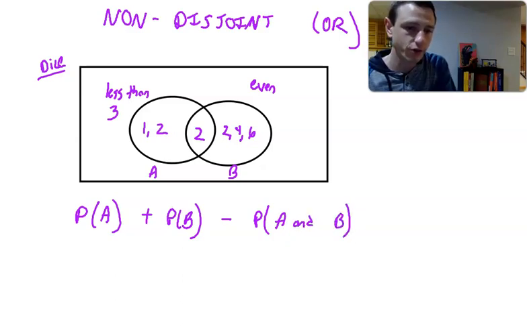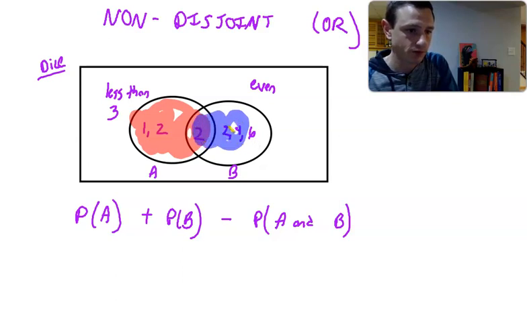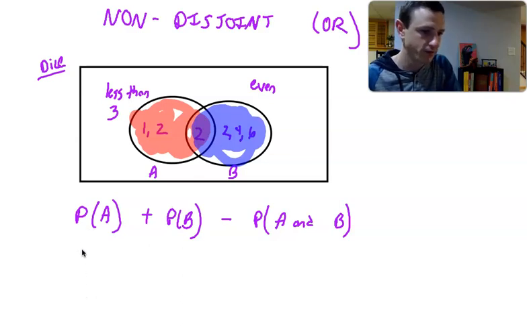And here's another visual that I like to do with this kind of experiment. The probability of A, so the numbers less than 3, probability of even, 2, 4, 6, look what I just did. You see that? I just highlighted the middle 2 times. So I took the probability of less than 3 plus the probability of B minus the probability of A and B. And if we're just using this as our example for now, and then we'll look at a couple card examples,